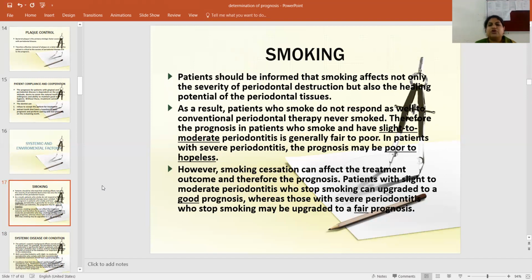And if the patient is categorized into the poor prognosis and smokes, you are going to consider the hopeless and questionable prognosis, because smoking has a lot of effect on periodontal destruction, increases the risk of periodontal infection, and there is also the presence of inflammation, and even for such type of periodontitis, the patient does not respond to the treatment. Like, you perform a full medical checkup, professional mechanical plaque control, give antibiotics and everything, but the patient does not respond. This is also known as refractory periodontitis, meaning the patient is not responding